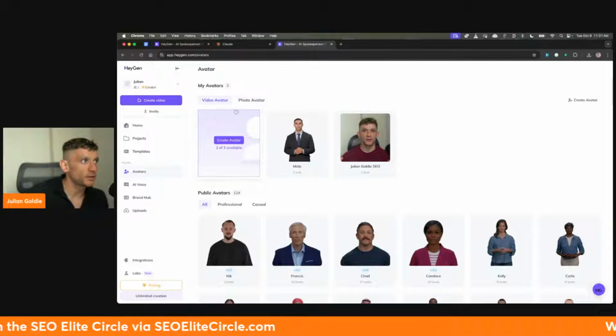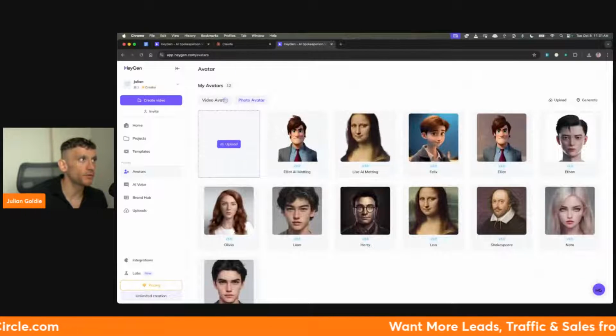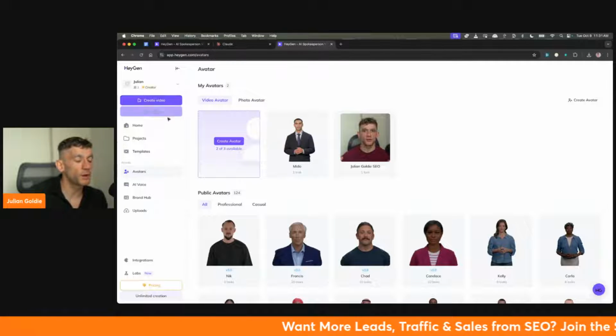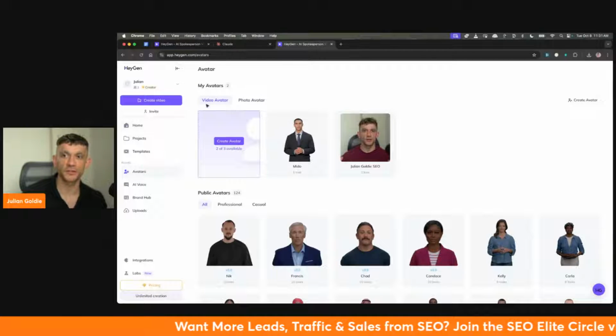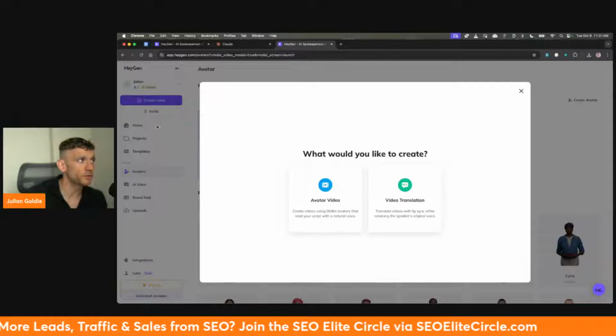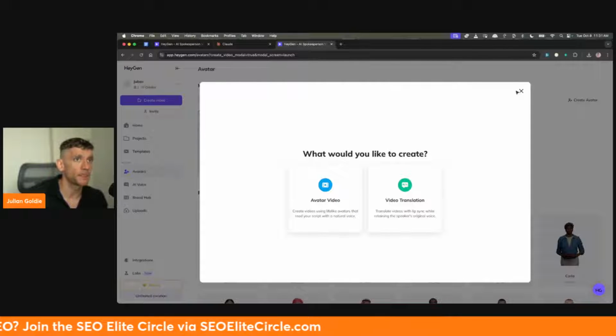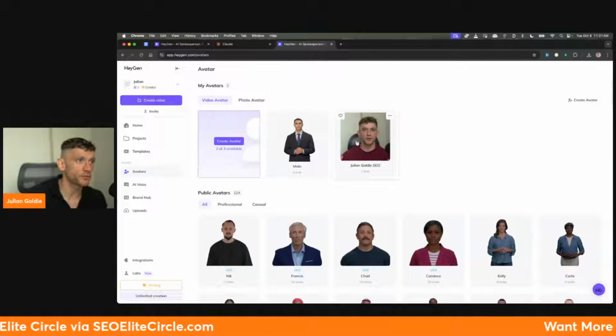And so what you can do is you can also create a photo avatar. So you can create AI generated photos of yourself. But HeyGen is probably the most convincing platform I've seen out of everything to generate videos. Now, if you want to create a new video, bear in mind they've just updated this recently, but if you want to create one, as simple as this, you just train up an avatar. So you can see, for example, I've trained myself up here.